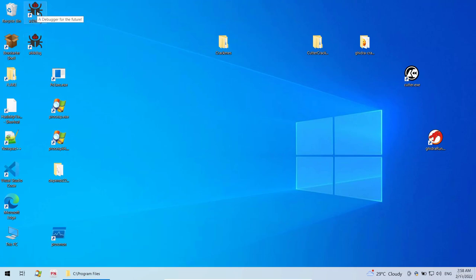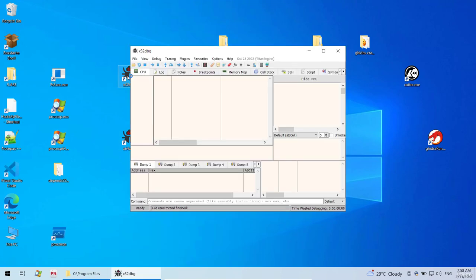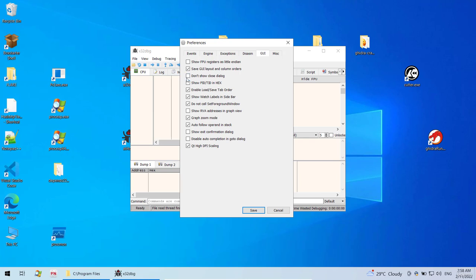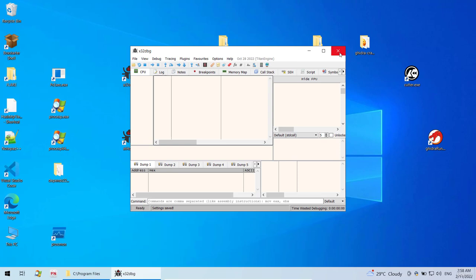But before we use it, let us first configure it. I open x32dbg first, and under options, preferences, uncheck TLS callbacks and system breakpoint. Under GUI, check graph zoom mode. Click save. Close this.